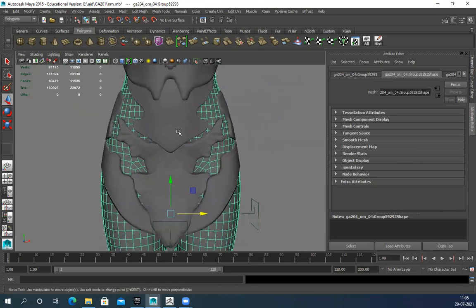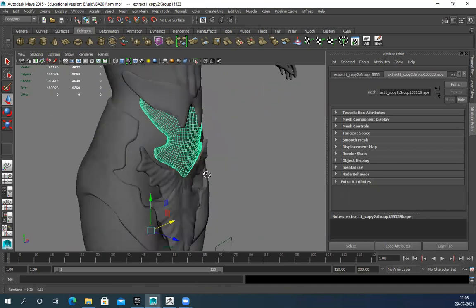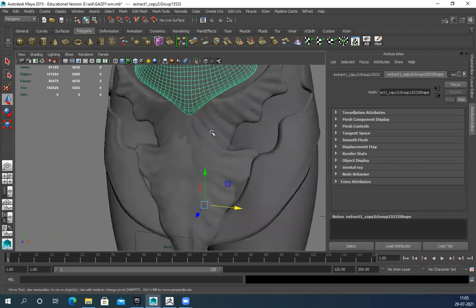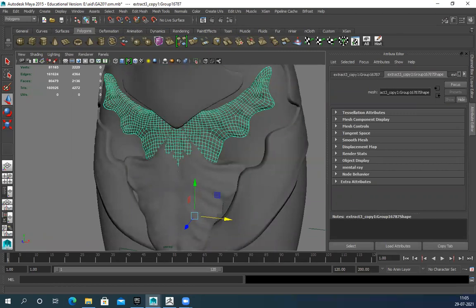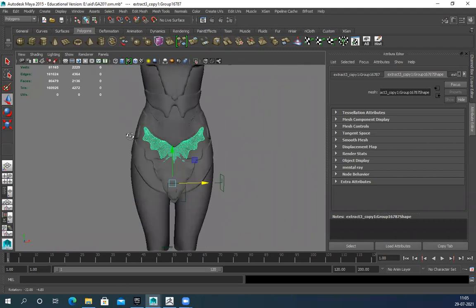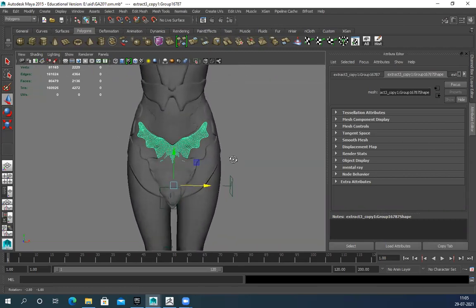It's a little dense, but shape-wise and topology-wise it's pretty clean, so I can retopo this, I can optimize this, and similarly these two I can optimize. That's the whole idea. There are a few things I need to modify, and that's what I'm doing now.